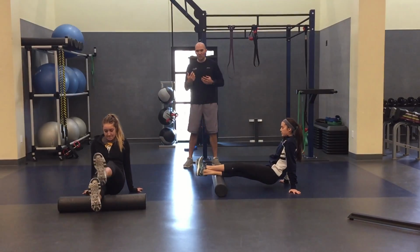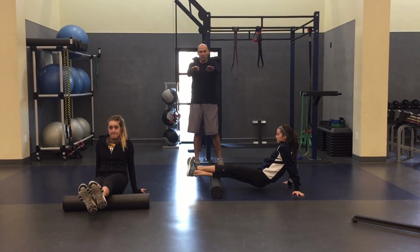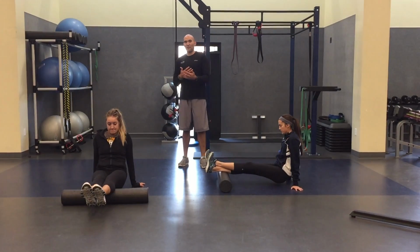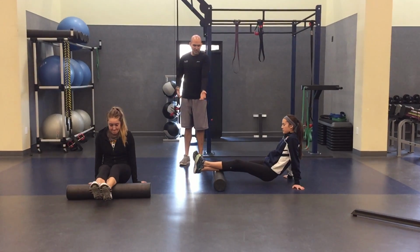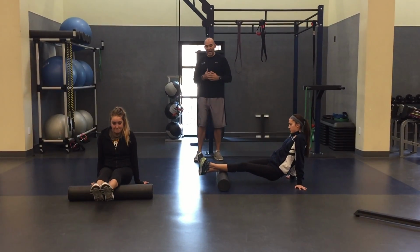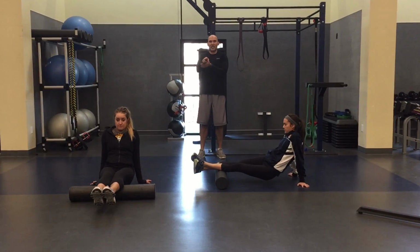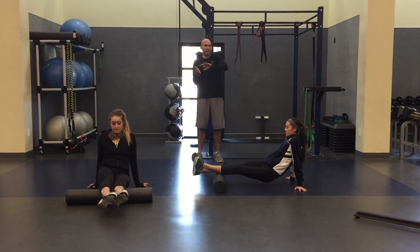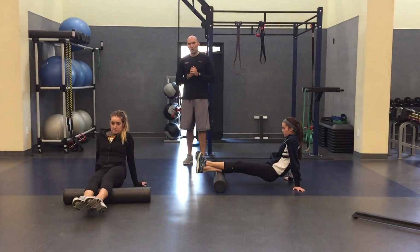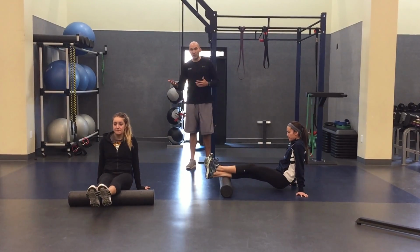And there's a couple of different ways you can do it. If it doesn't feel too hot, which a lot of times it doesn't, you could do it with both legs on it, just like Amy's doing right now. And if you need a little bit more pressure, you can do what Elise is doing and put the other leg on top, add a little bit more weight. And then even after that, once you add a weight and you want a little bit more, you can actually rock your feet side to side and get those muscles on the side a little bit. And you can also zigzag in and out as well. We also do this for about 30 seconds each side, and then we switch to the next one,